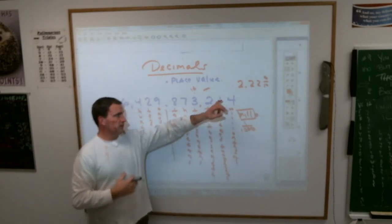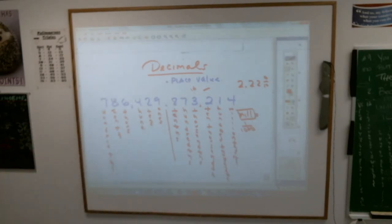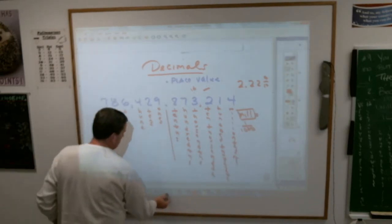Make sure you know these place values. What place value that is, what place value that is. Perfect. For tomorrow then, ladies and gentlemen, lesson number